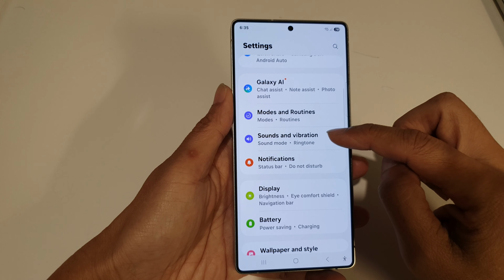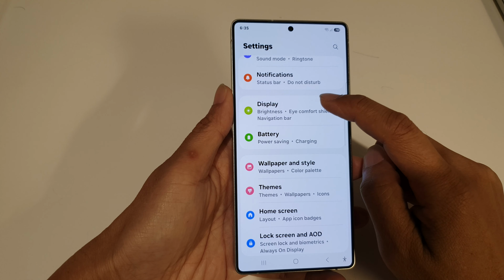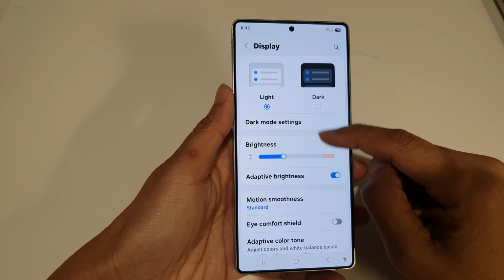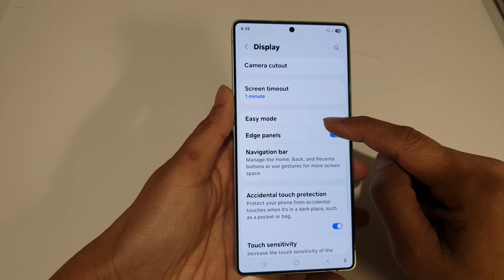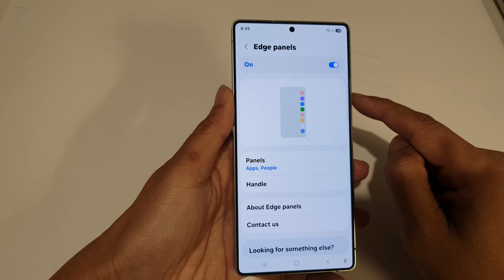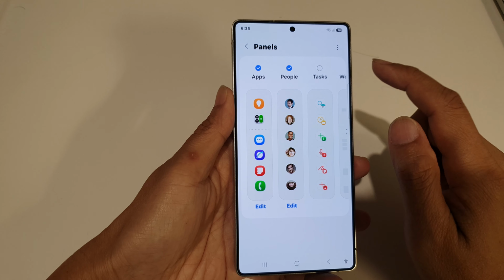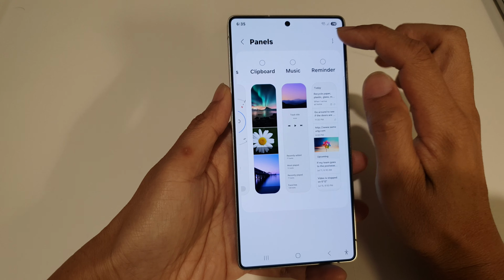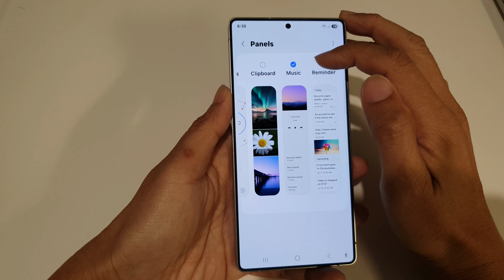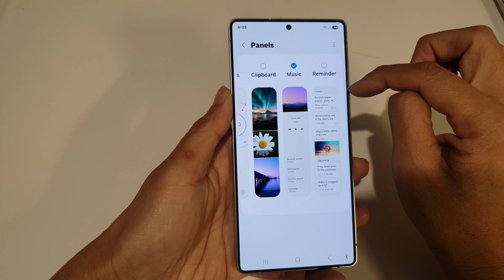Next, we scroll down. And in here, tap on display. Next, we go down. And from here, tap on edge panels. From the edge panels, tap on panels. From here, you swipe across. Then tap on music. So tap on the music panel here to add it to the edge panels, or you